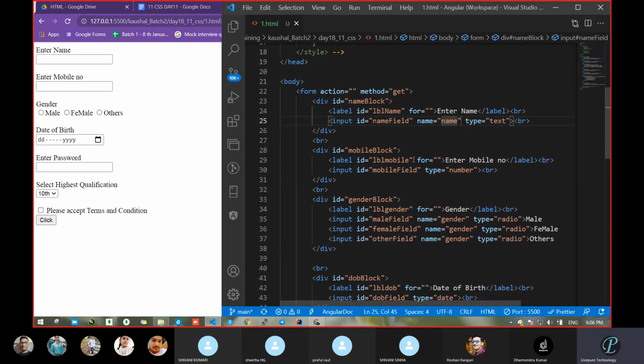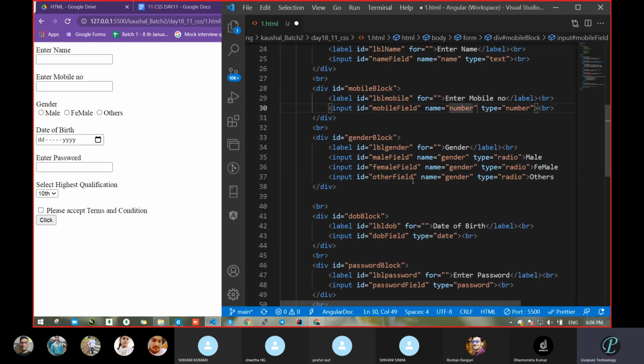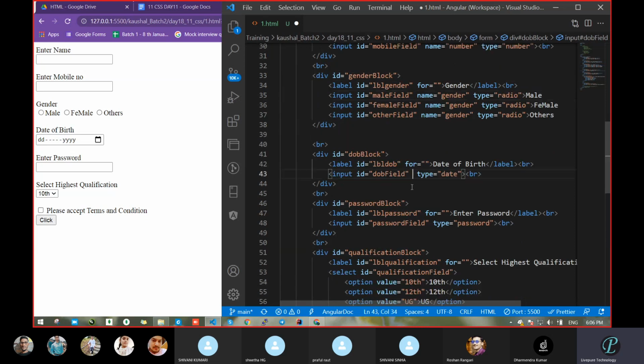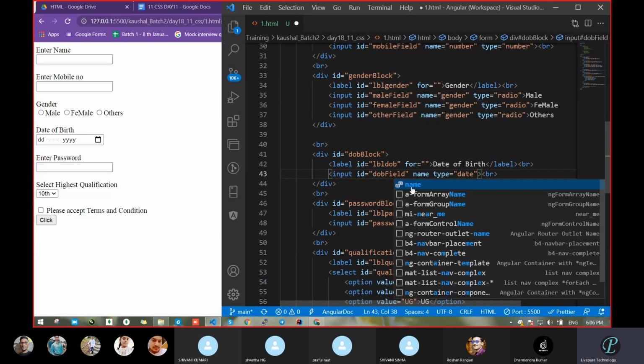Okay. So what I will do, I will pass the field name in all input fields. As in the radio button, with the help of the name property, we got which radio button it is, for making the relation. Number. Okay. Then don't take it in this section. In this, I think you have to take value or something. Let it be, no issue. We just want something, that's it.